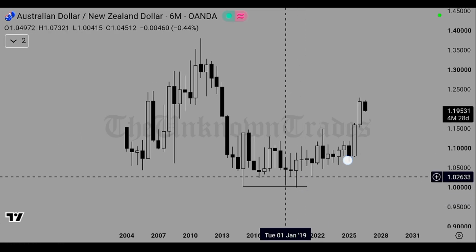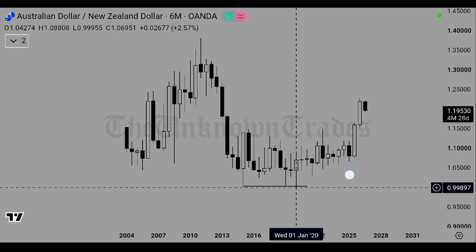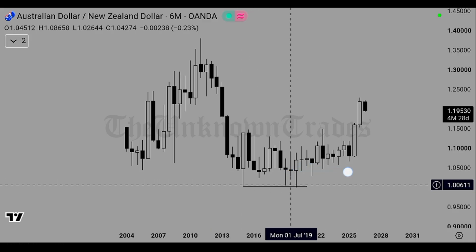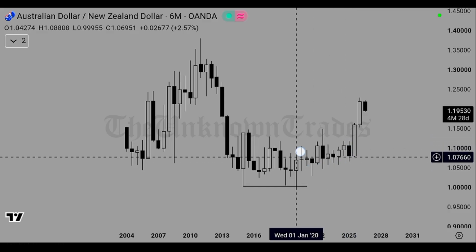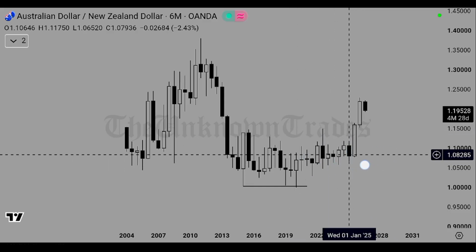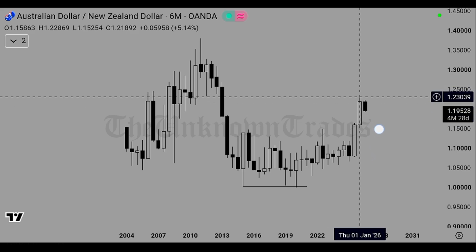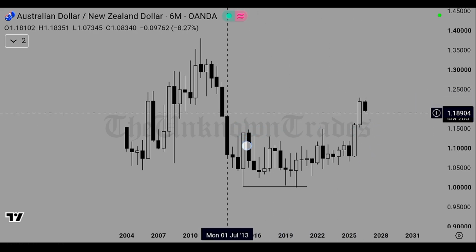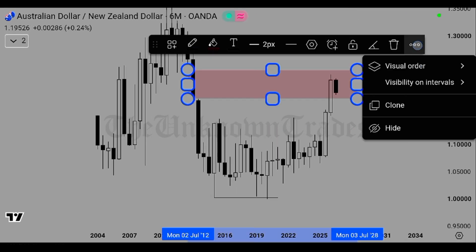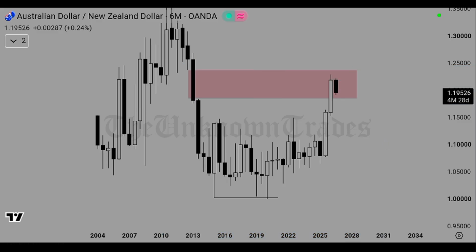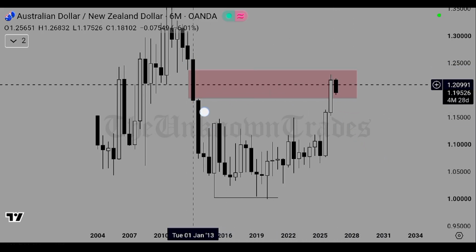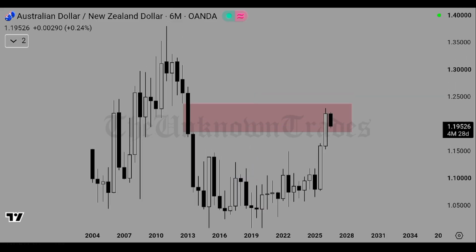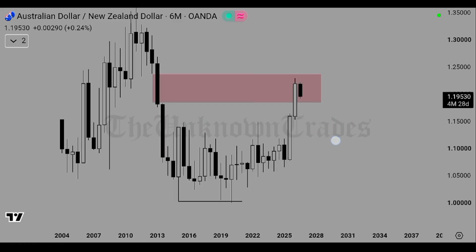You see that the price grabs the sell side liquidity here and then consolidates in a very minimalistic short range on the 6-month time frame chart, and then rallies up and trades into this fair value gap. So price is read into this sell side imbalance, buy side inefficiency, and now